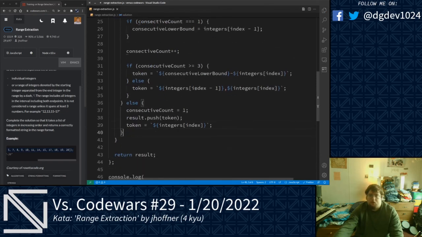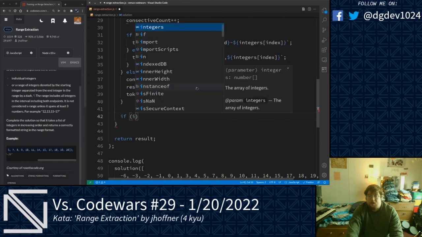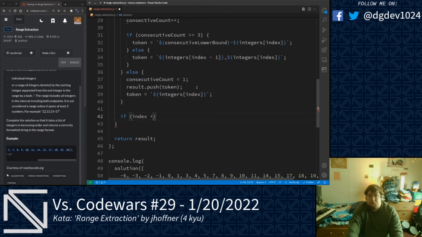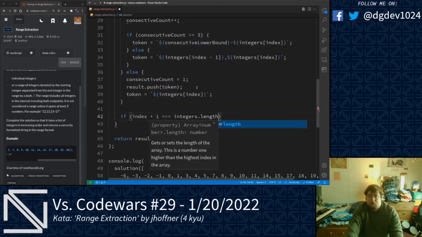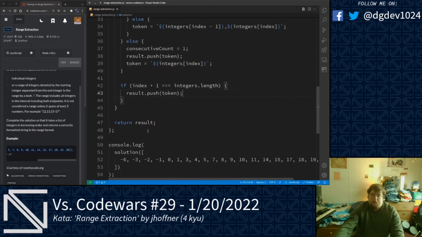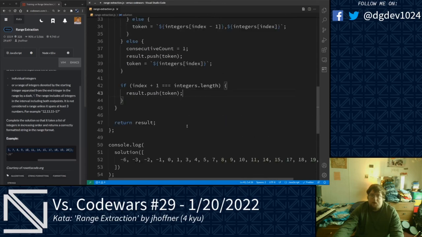Now, once we reach the end of our for loop here, if index plus 1 is equal to integers.length, then we will go ahead and push what we have in our current token here, like this. And then we'll have this array right here. I'm gonna leave that array untouched right now. Let's go ahead and